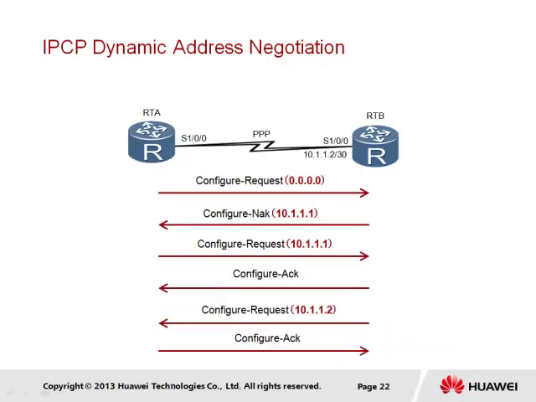There are likely instances where it is expected that the peer provide the IP address information that is to be applied. The sender will generate a configure request that contains an address in which all 32 bits are set to 0. In doing so, it is basically requesting that the peer provide the IP address information. This is performed through the configure NACK message sent by the peer containing the proposed IP address to be used. A second configure request will then be generated by the sender containing the proposed address, for which a configure ACK will be sent in response.